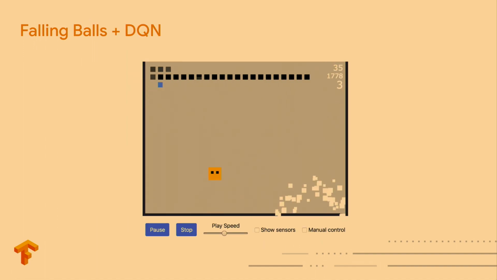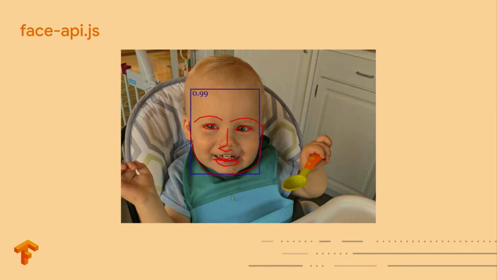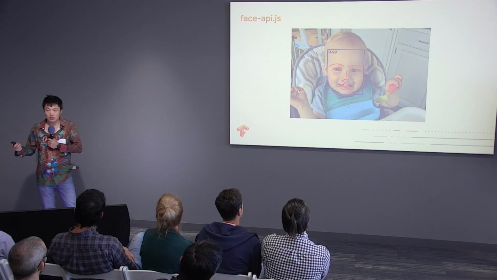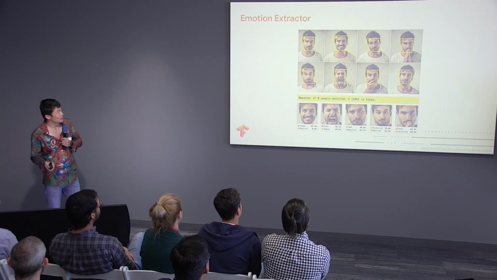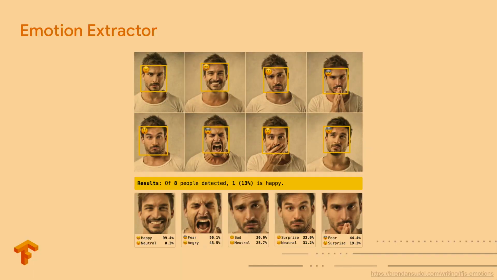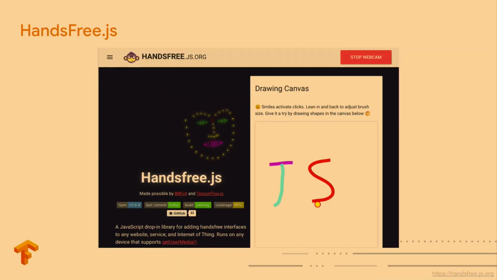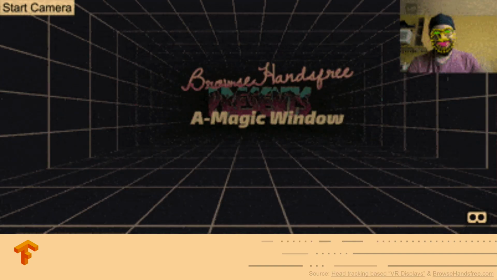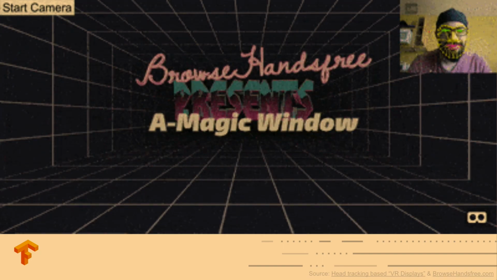And this is another example. You can see this agent trying to protect itself from the boss. And there are many more useful examples, like this face recognition. You can run face recognition in your browser without any server or internet connection, and like this emotion extractor. And also this handsfree.js is a module that runs in your browser and can track all the points from